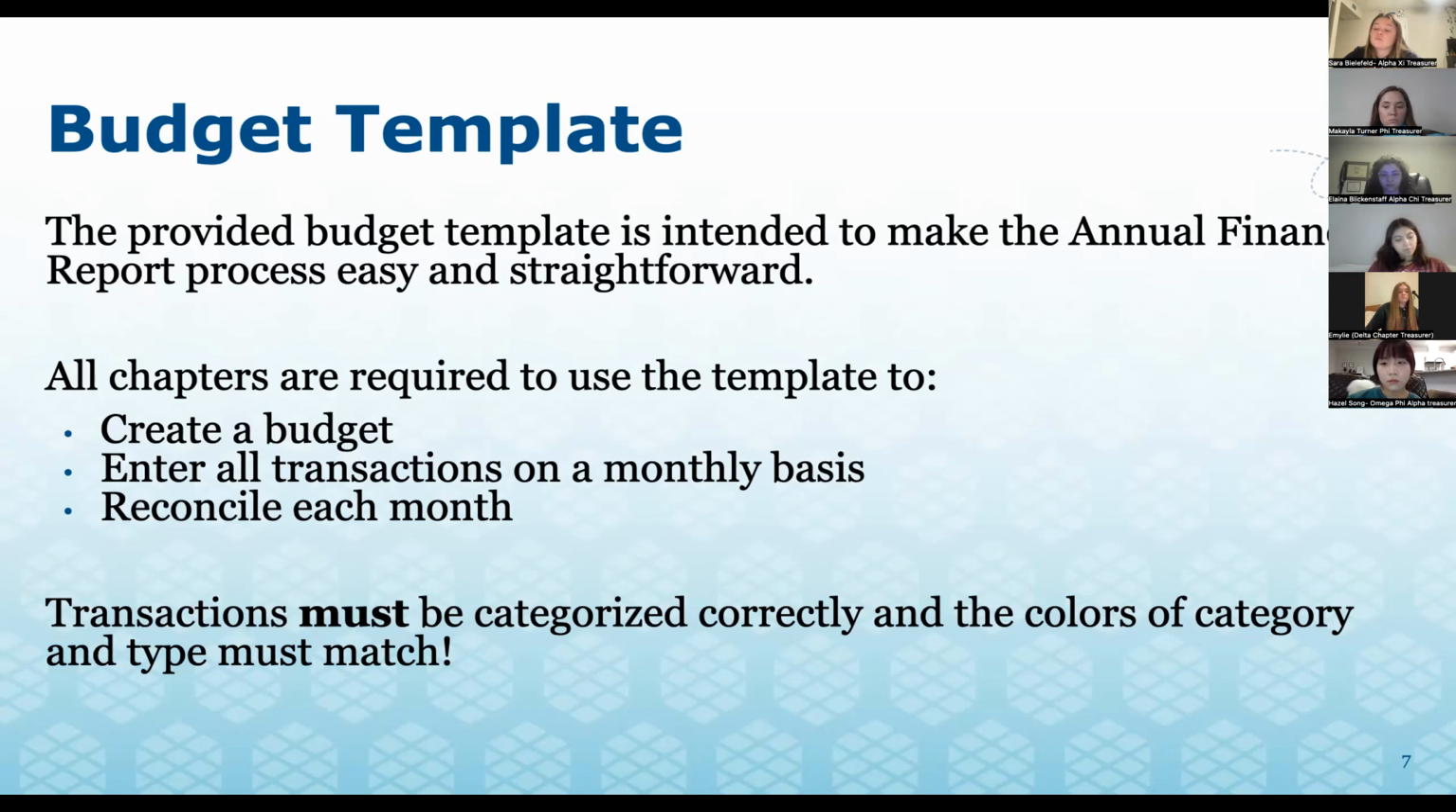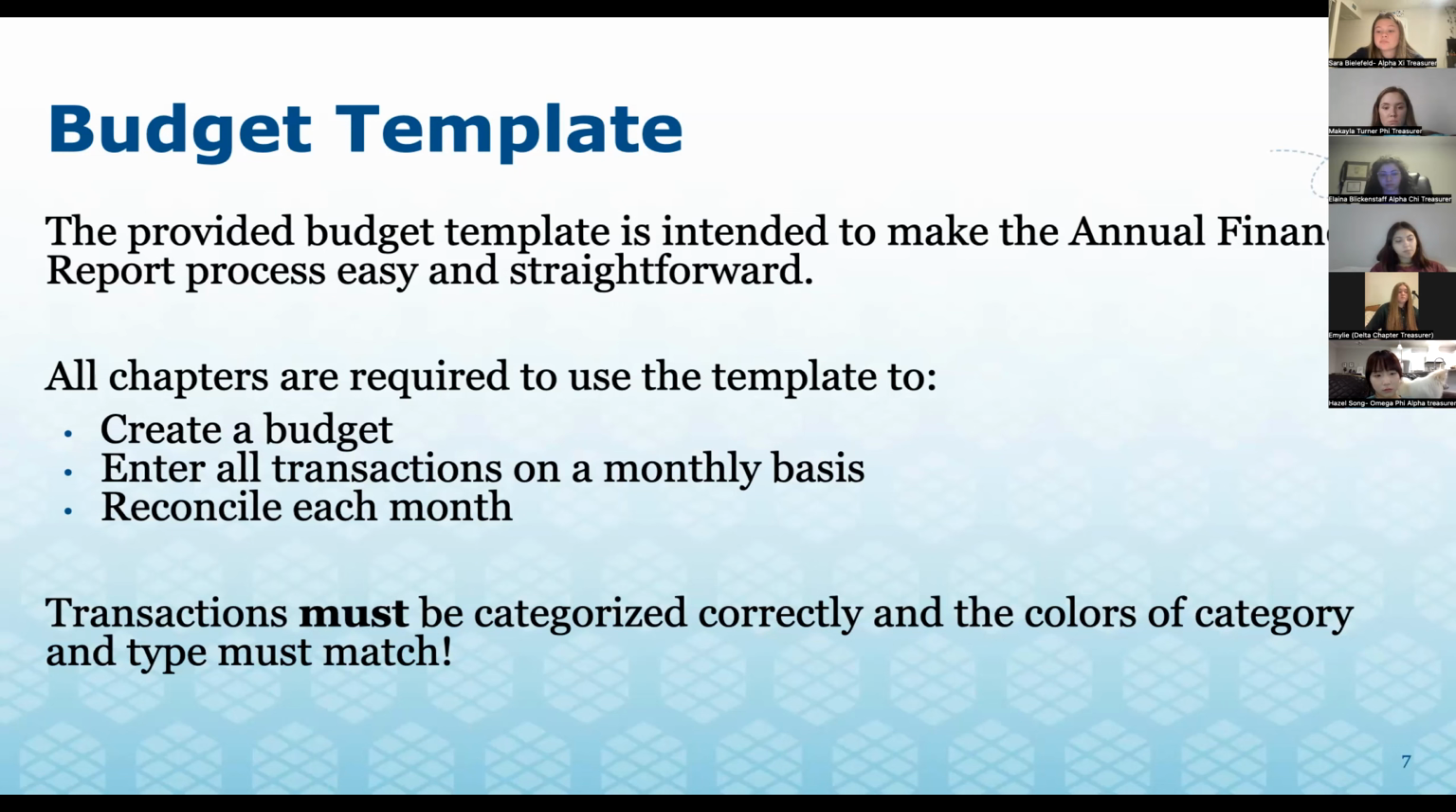That's step one. That's only step one. Step two is to enter all of your transactions on a monthly basis. And this might be the most important part, is entering your transactions, because what you'll use to complete the annual financial report is the budget versus actuals tab that pre-populates from the budget tab and the transaction tab. So entering every single transaction on a monthly basis, we can talk about what that looks like, and then reconciling